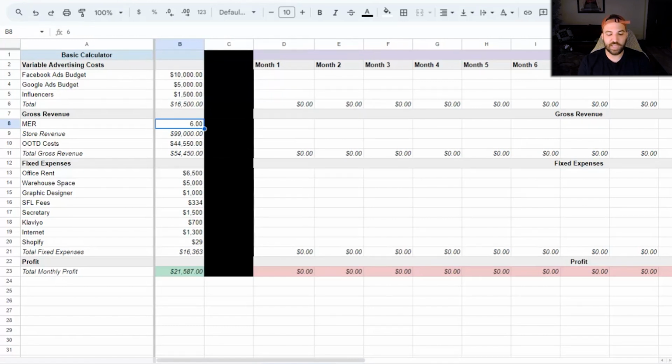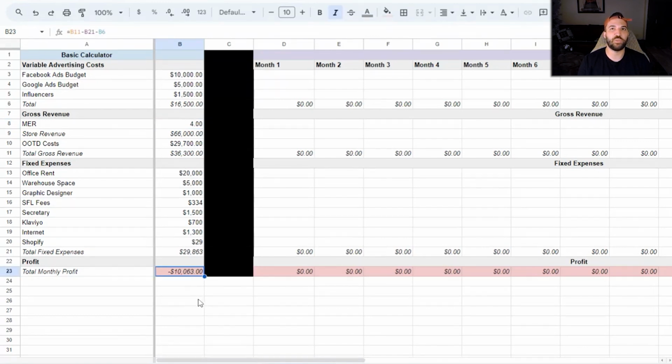If I know instead that what I can actually achieve is an MER of a 4, and let's say these fixed expenses were a lot higher, let's say our rent is, make this 20,000 for the example. So let's say our fixed expenses were a lot higher, and we see that, okay, at a realistic MER of a 4, we're going to be losing $10,000 a month. So how can we attack that? How can we come at this from a couple of different angles